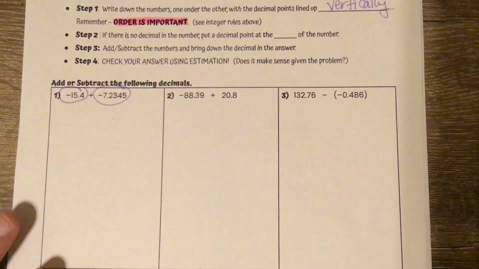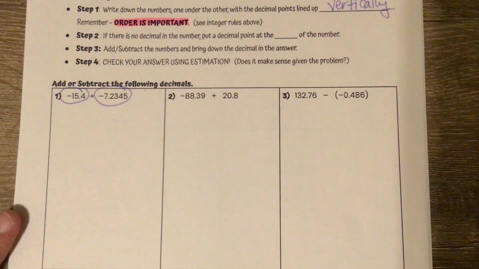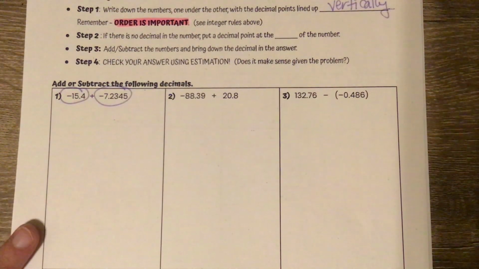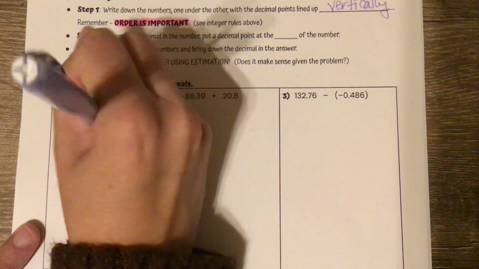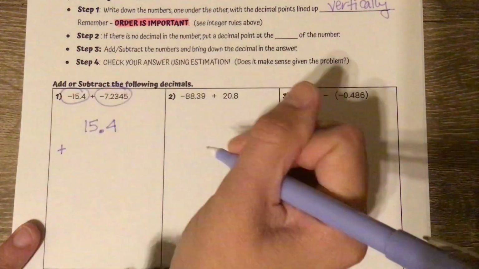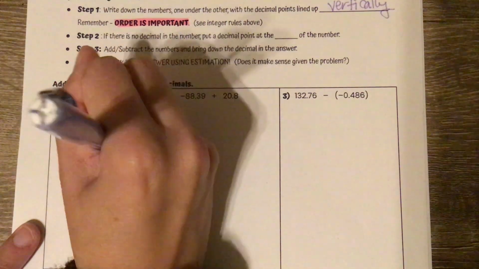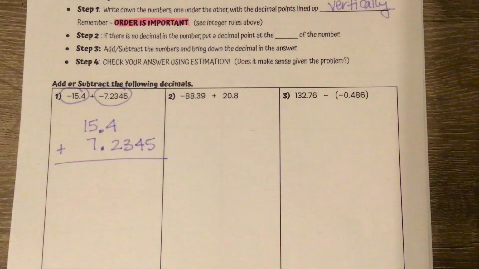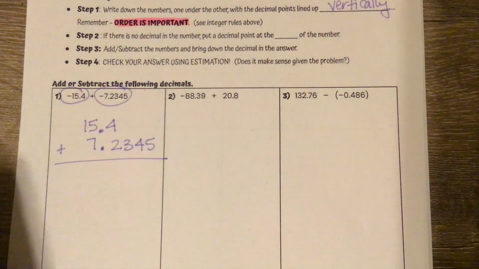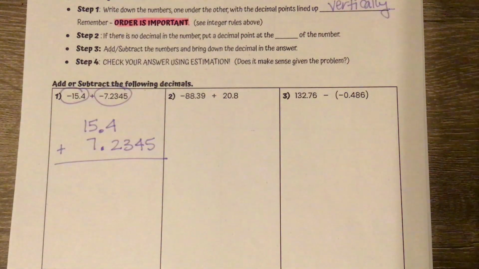So what I look at is we have a negative and we have a negative. They are the same, so we find the sum. When we find the sum, the order doesn't matter, so I'm just going to do it in the order that was given. 15.4 plus 7.2345 with those decimals lined up. Then I add in my zeros